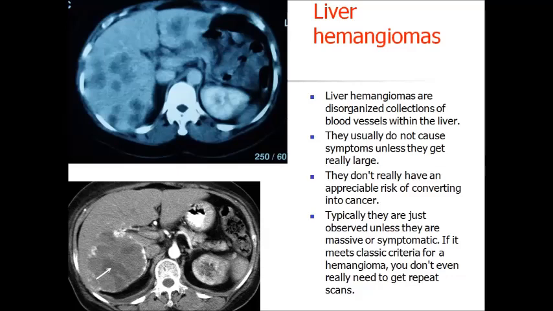They don't really have an appreciable risk of converting into cancer. Typically, they are just observed unless they are massive or symptomatic. If it meets classic criteria for hemangioma, you don't even really need repeat scans to evaluate the dynamics